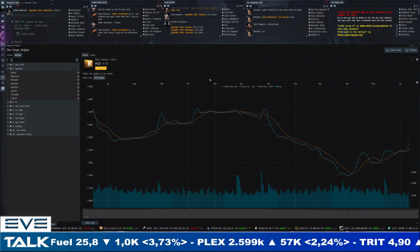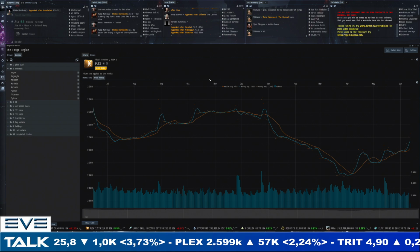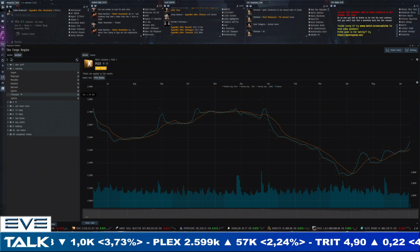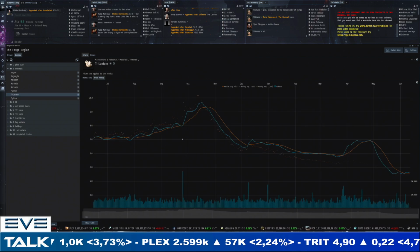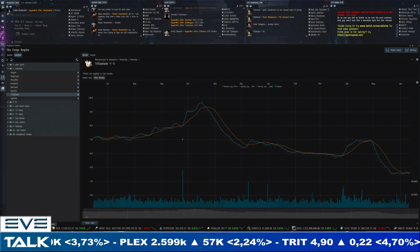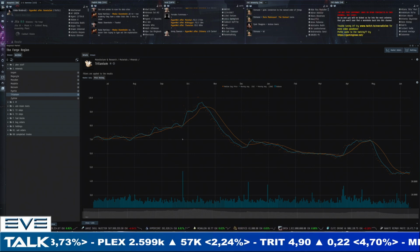Next up, we've got the minerals. They are coming in at 925. As always, we will start with titanium, and you may already have seen from the ticker that we have started to move sideways a little bit in the current range between 4 and 5 ISK, which is not entirely unexpected